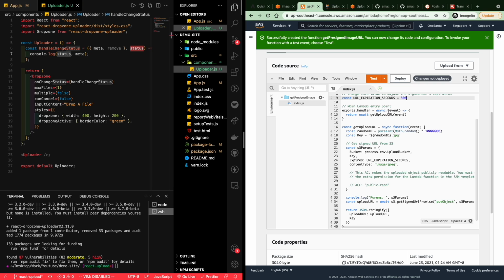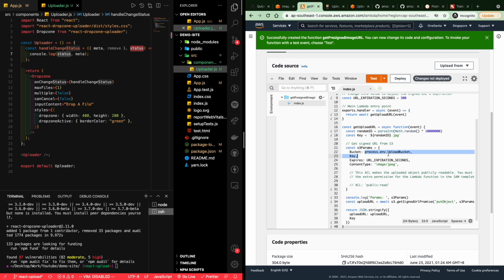So what's going to happen is that here's your main Lambda entry point. You get an upload URL. So this is your pre-signed upload URL. And what's going to happen is that currently it's going to generate a random ID. And this random ID.jpg is going to be the file name that you're going to upload to your S3 bucket. If let's say you only want to upload with the same name all the time, then you can change this to a fixed word. But in this case, let's go with the random ID, and then here, the bucket that we're going to use is